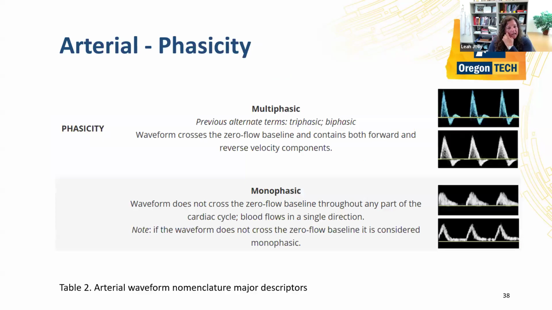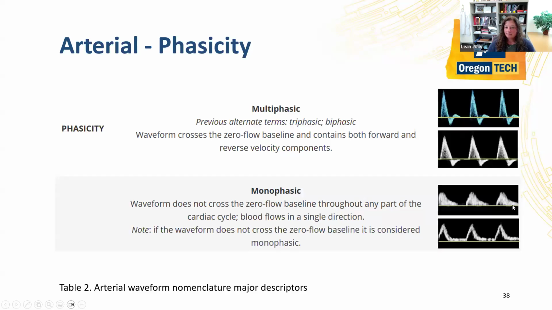All right, phasicity was the next thing. Basically there's two ways of saying this. Flow in an artery is either multiphasic or monophasic. You might be familiar with terms like triphasic and biphasic, and the consensus is trying to go away from that to keep things simple. When we see multiphasic flow, we see it go forward and then it crosses this zero flow baseline. And in some cases, it might come back forward again. This one below is just forward and then back, and then doesn't go forward again, but it's still multiphasic because it's crossing that baseline. Monophasic means that the waveform does not cross the zero flow baseline